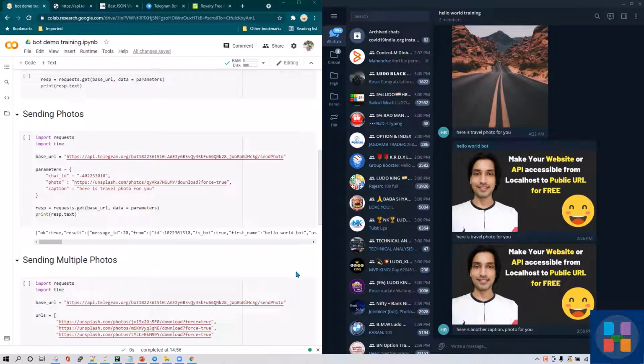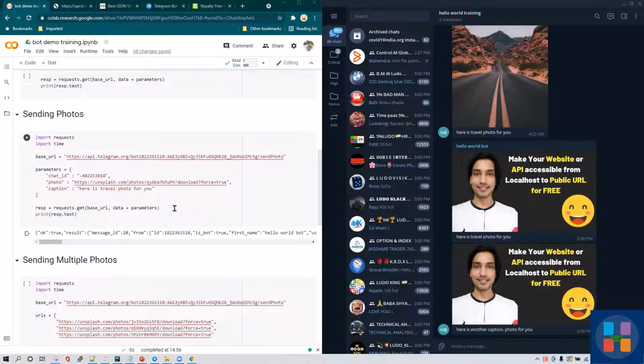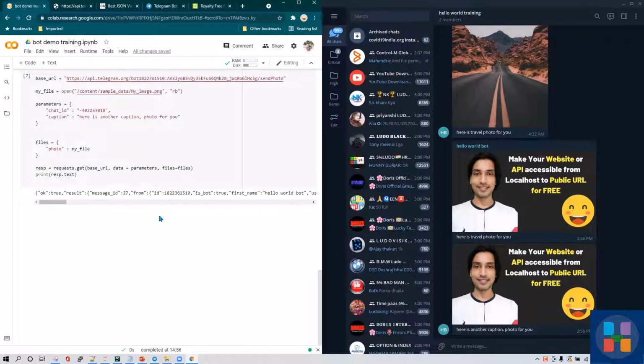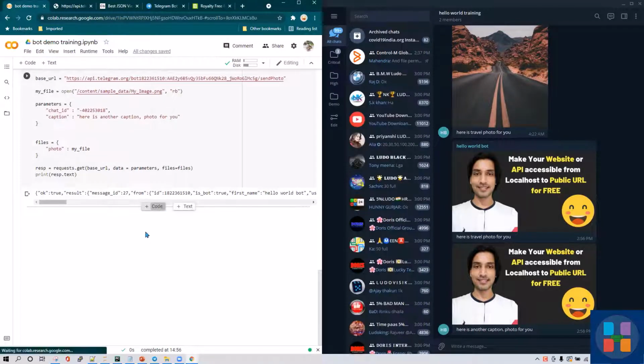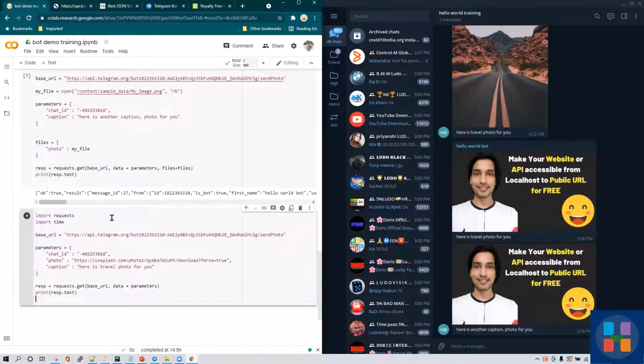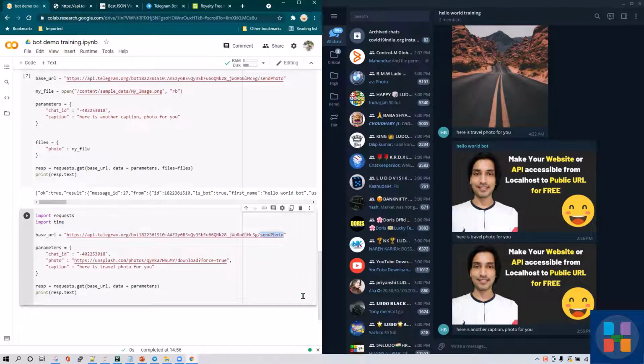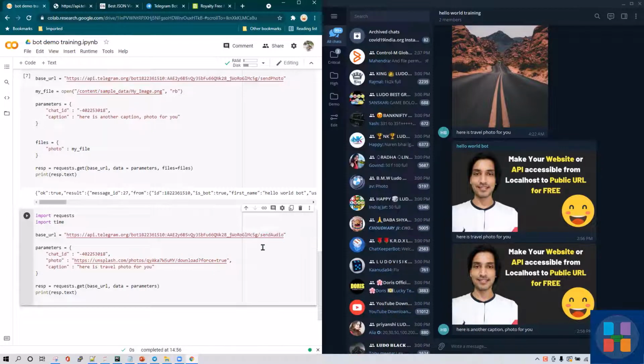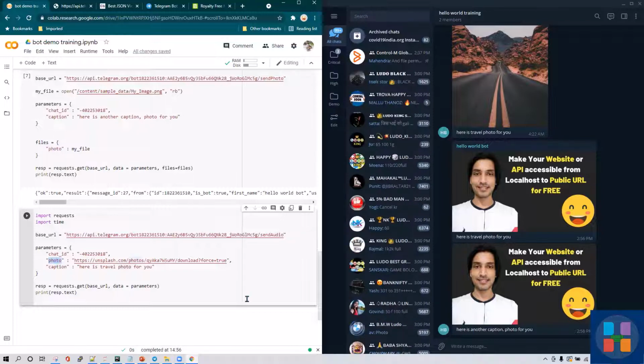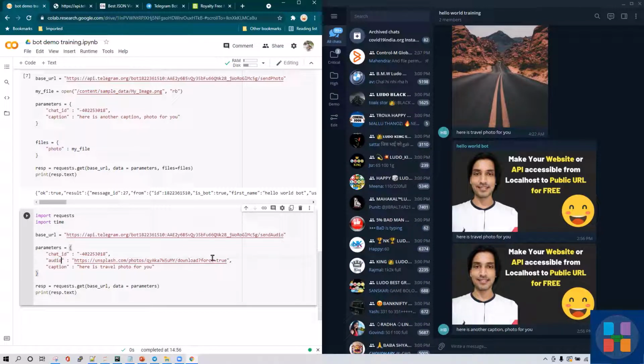In this lesson we are going to learn how to send an audio file using any URL. So what I'm going to do is first copy this code which we used to send images. I'm going to copy it, and then create a new code cell, and in this code cell I'm going to paste the code which we had. In order to send an audio file, we need to change it to send audio, and then in this send audio API, we need to call audio, and we need to give the URL of the